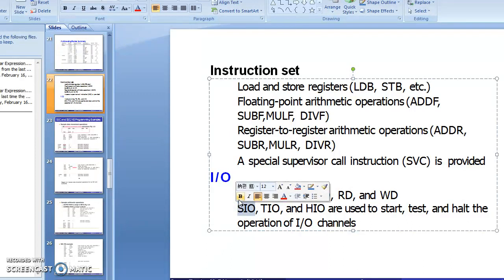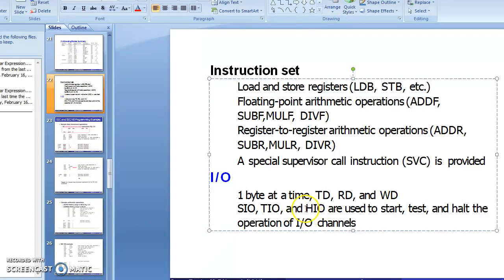If it is SIO, it means start IO channel. Here SIC/XE machine architecture is used to indicate starting the IO channel. That means start the IO programming devices in SIC/XE. Next one, TIO. What is TIO here? Test IO channel. Here it will check whether all the IO peripheral components are working or executing in a proper channel or not. Here also it will be executed in terms of condition code. If it is less than, it means there are no devices attached. That means it will be executed successfully. If it is equal to, it means some problem is there.